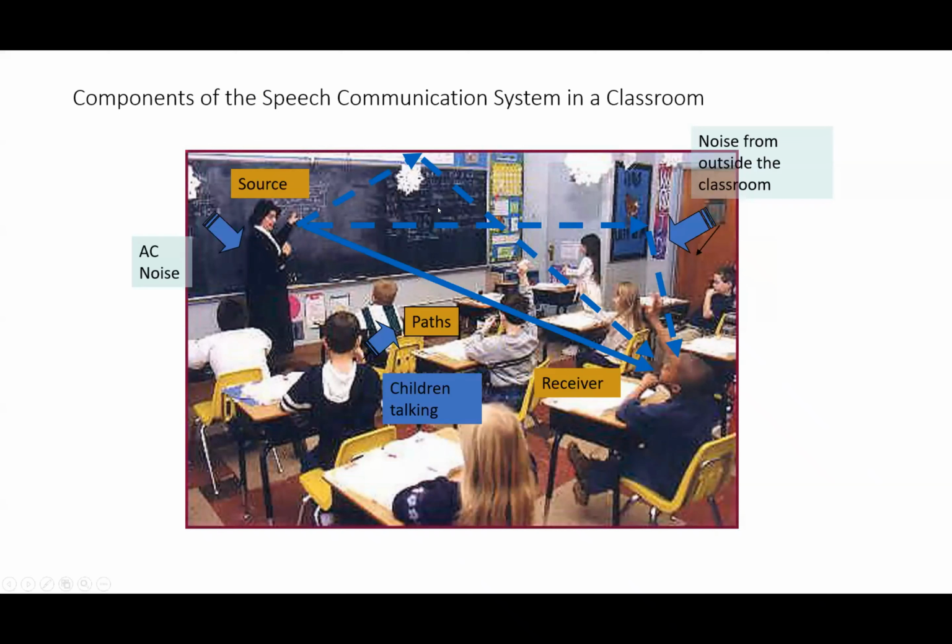But sound propagates in many directions, hits many surfaces all throughout the room, and reflects back to students. There's also AC noise, exterior noise from outside the classroom, and exterior noise from adjacent spaces. So there are many different noise sources competing in this one area where learning is supposed